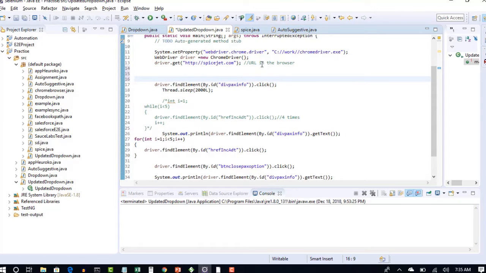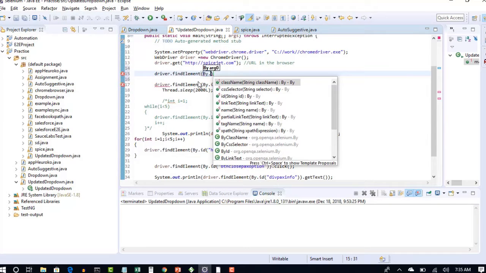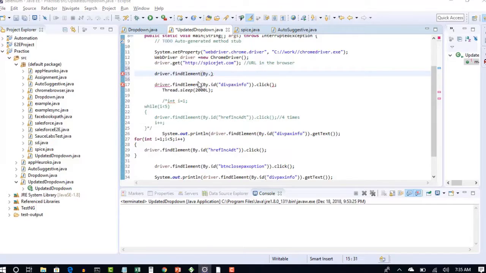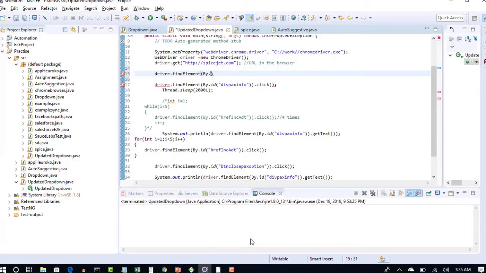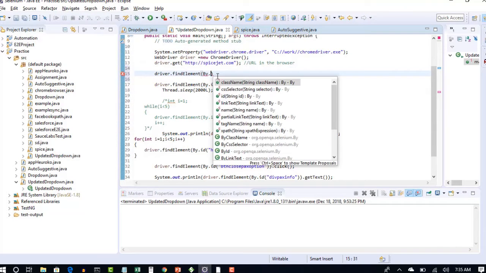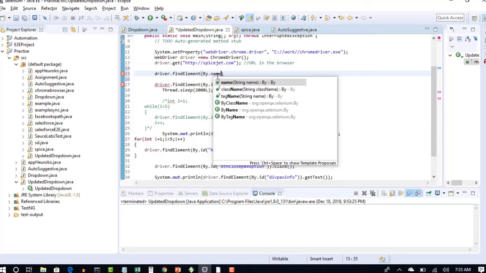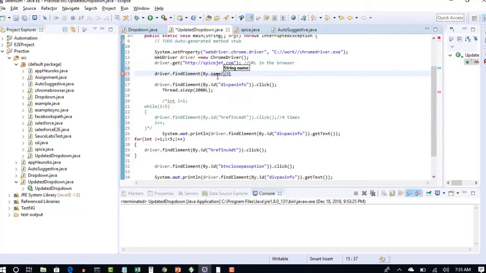I'll write after we hit the URL in the browser. Let's quickly handle the checkbox. So driver dot find element by dot. Let me take the name attribute this time. Or you can take CSS as well, it's up to you, but name sounds unique, right?